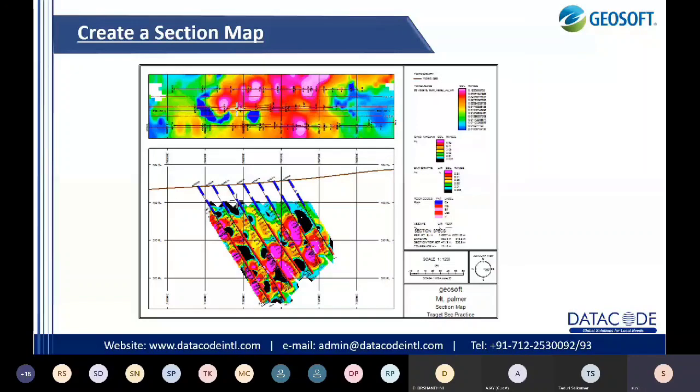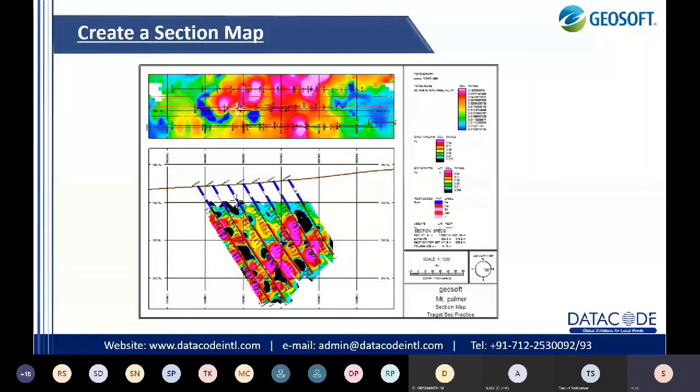Along which direction you create a section is also easily visible, as well as the cross section. You can see the lithology as well as the grid. So it helps us to interpret. We can do a correlation in the cross section so that we can demarcate the mineralized zone very quickly. So the gridding in the cross section is very helpful.